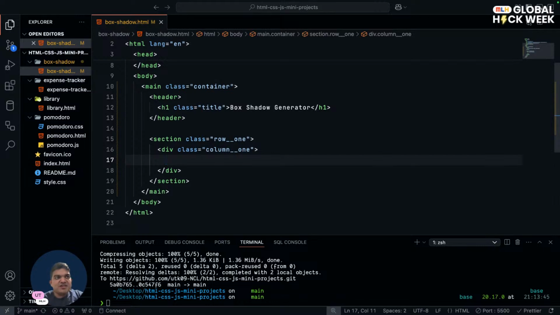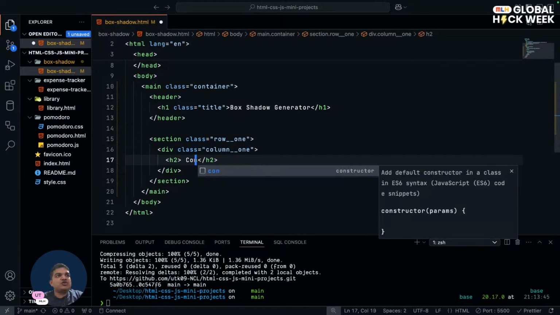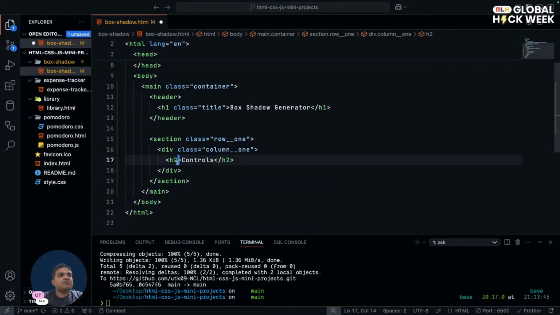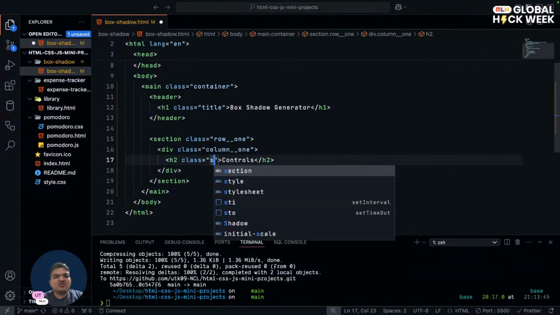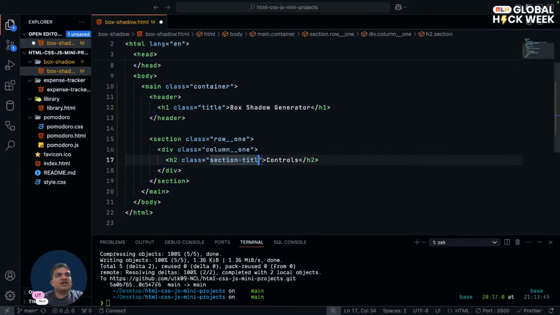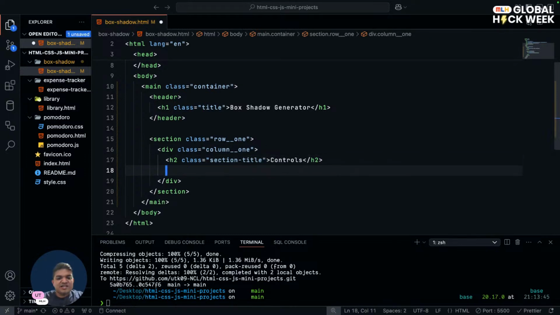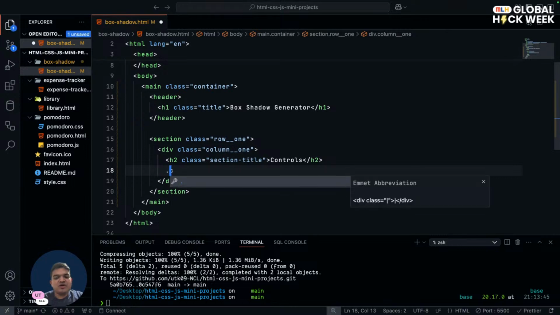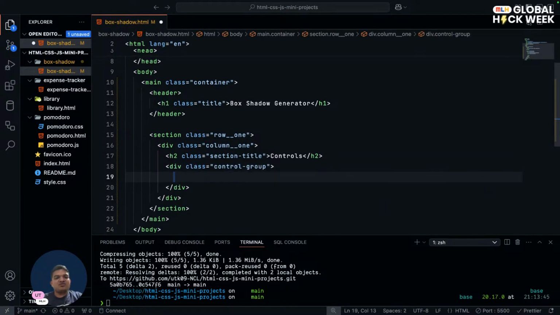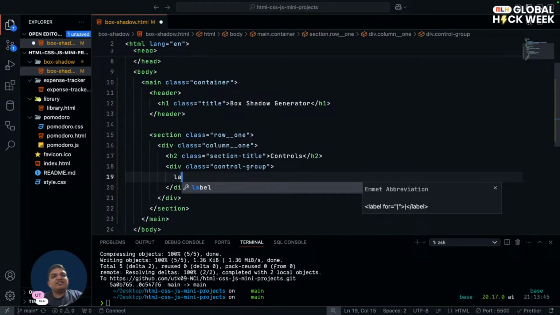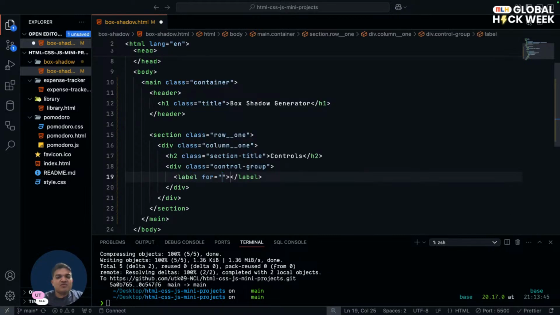Now inside this, we can go with a h2, which would be controls. And we can give it a class of section title. Okay, the title of this section is controls. Inside this, I want a dot control dash group, which would create a div with a class of control group. And inside this, we can create a label for horizontal display, which would be